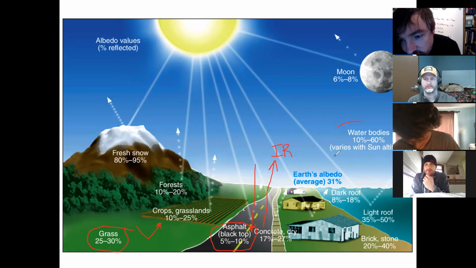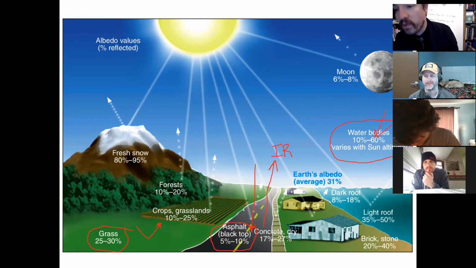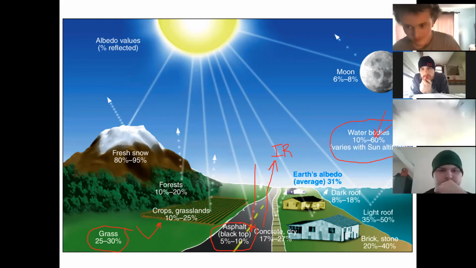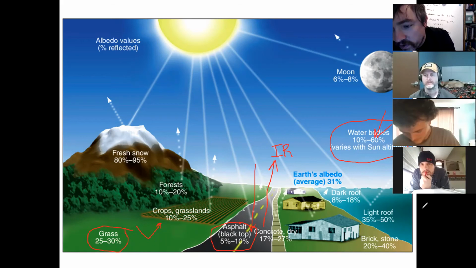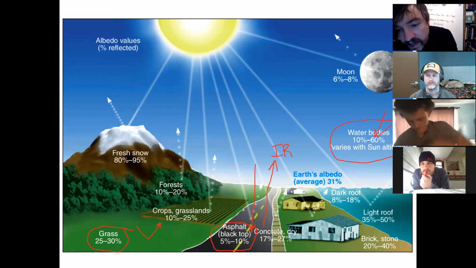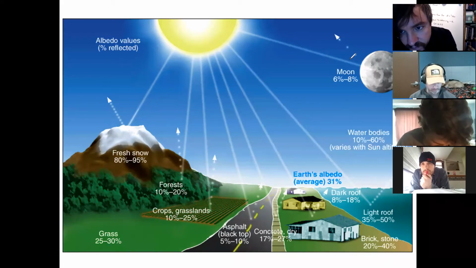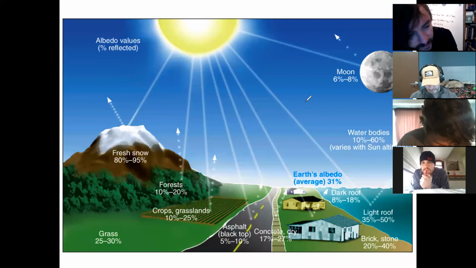Water is an interesting one. Water covers 2/3 the surface of Earth, but water's reflectivity depends a lot upon the angle of the sunlight. During the mornings and the evenings when the sun is low in the sky, the sun might scatter 60% of the light off the surface of the water. That's why our sailor friends, the ones that go sailing in Newport, they've got to wear those polarized sunglasses or they'll get blinding headaches from scattered sunlight. When the sun is high in the sky, it penetrates deeper into the water and most of it actually gets absorbed, only 10% rescattering.